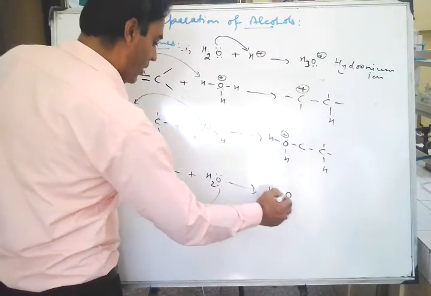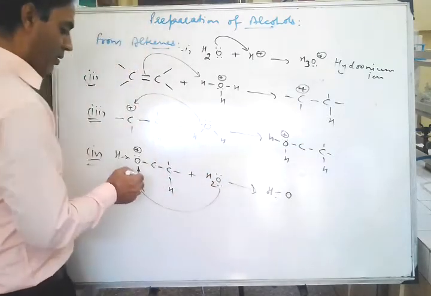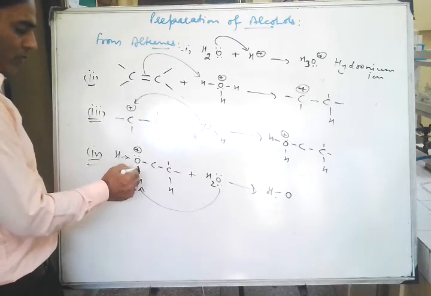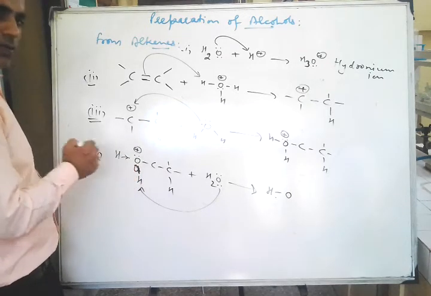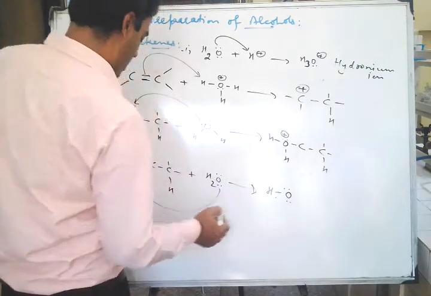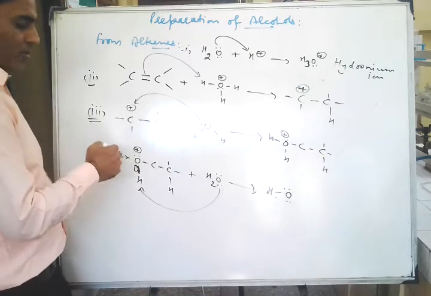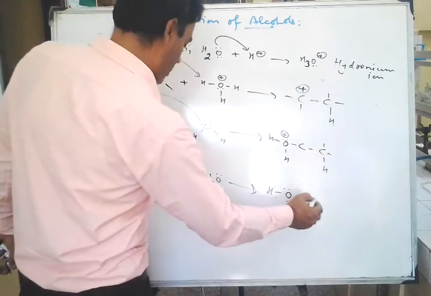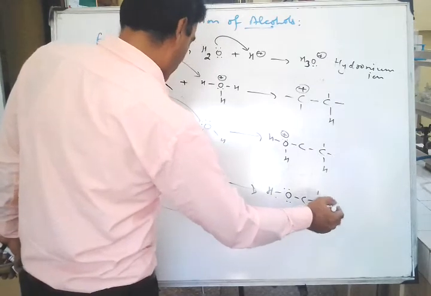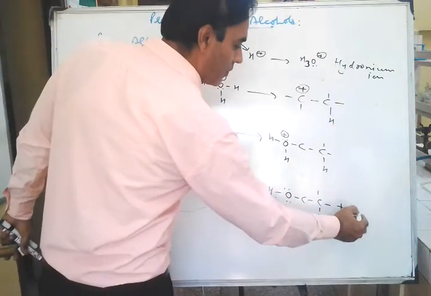So what will happen here? Remove this H, right? And when this H is removed, this bond breaks and its two electron pair comes back to oxygen atom. So you can show two electron pair again. So when two electron pairs are again there, we will remove this positive charge, right? And then you can show the next structure, right? So plus H3O positive.